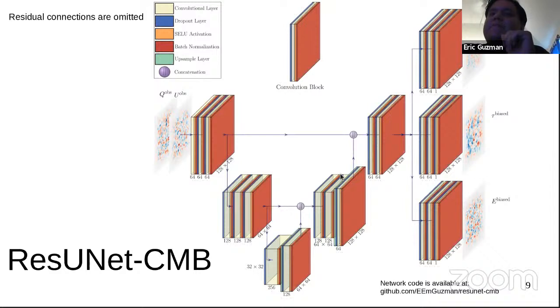And so we train it first by inputting Q observed, U observed, and then we give it the true values for kappa, tau, and E, what we actually want it to learn. Then once it's fully trained, we can just input any random Q observed, U observed, and it'll make predictions on what it thinks it should look like.